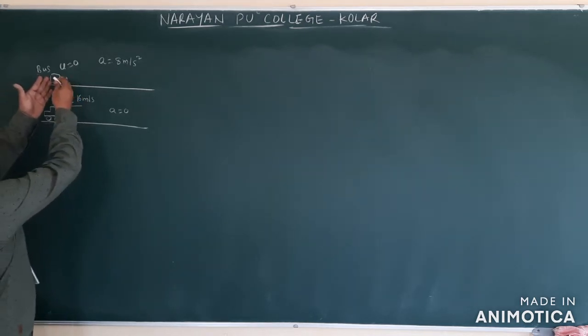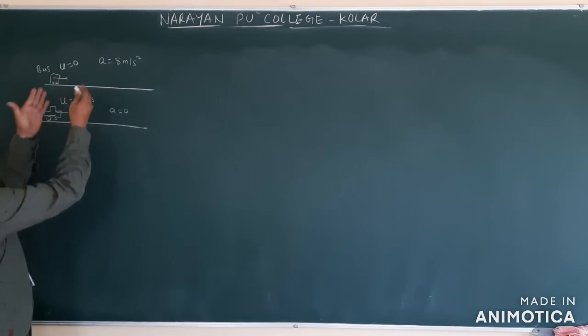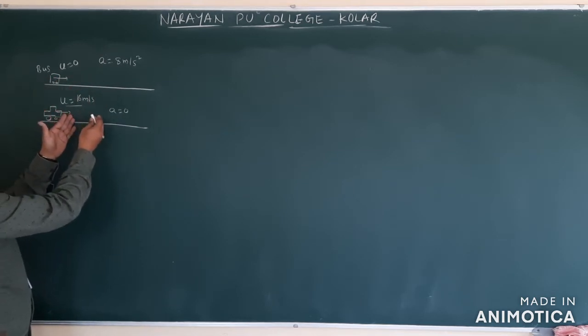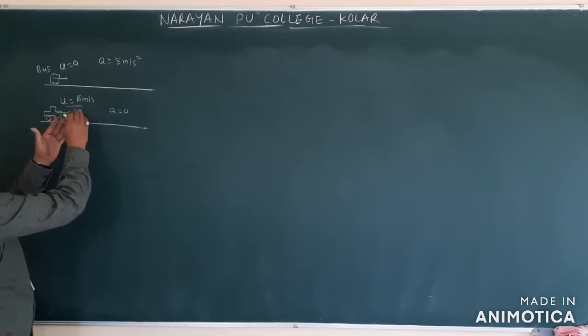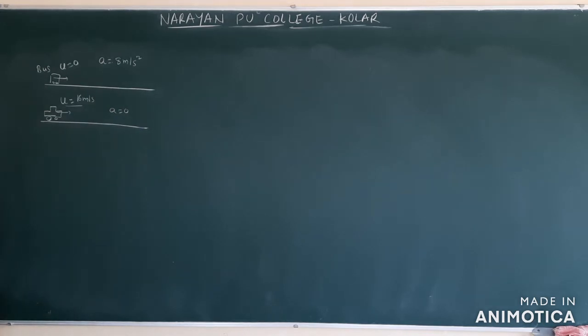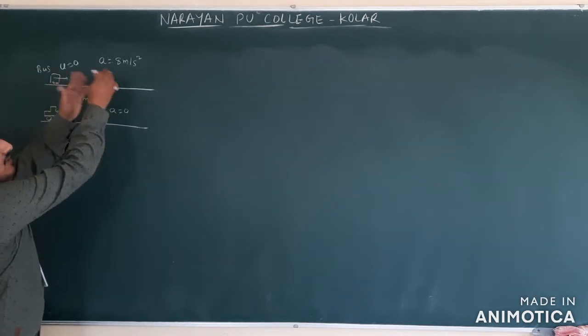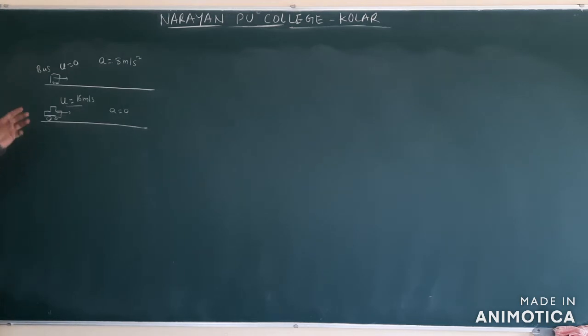Both are going like this. This is also going, this is also going. It is going to cover some amount of distance, and this one is also going to cover some amount of distance. How much time is it taking? After that time, how much distance is it going to travel? After what distance is this car crossing the bus? After some amount of time, this bus will be here and the car is crossing the bus, so the bus is covering some amount of distance. Both are covering the same distance, but the car is crossing and going. Slowly it is going. So first we have to understand the concept.